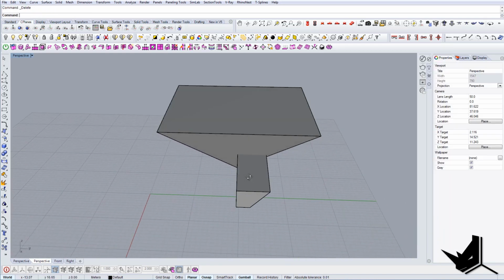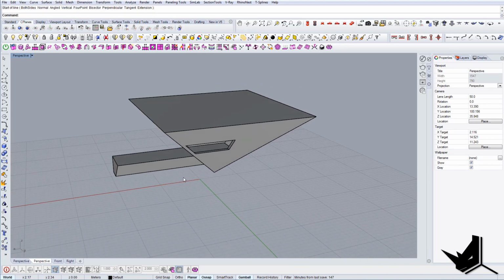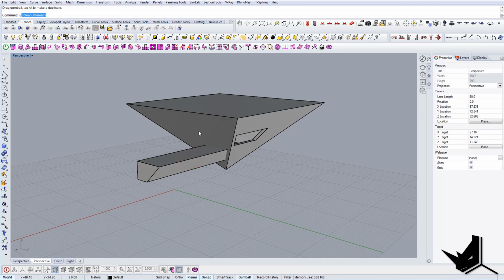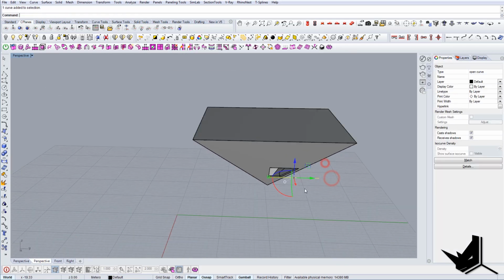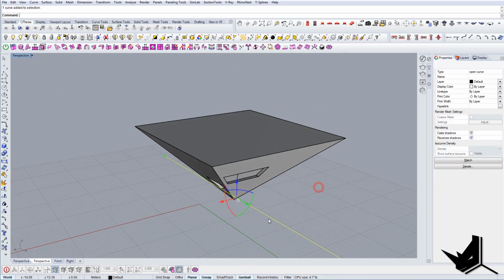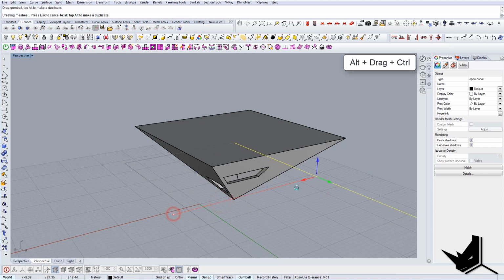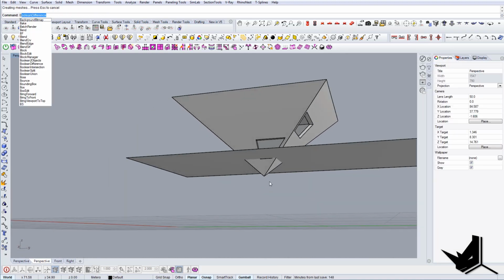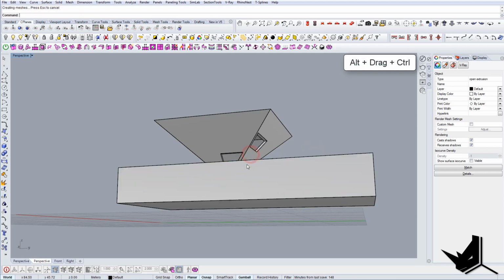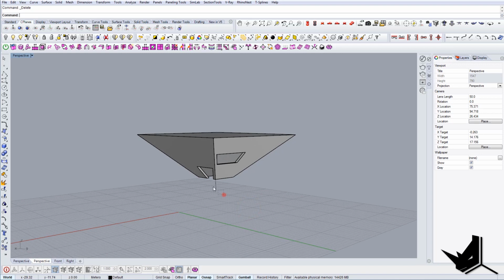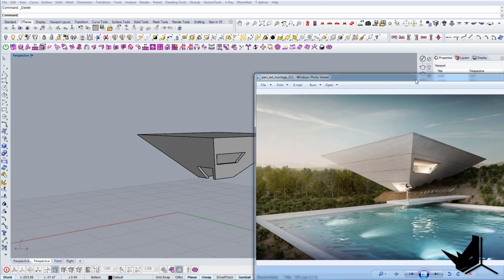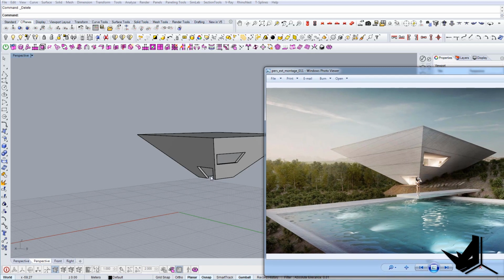In addition to that, what we can do is, we can create Boolean difference. And now let's basically cut off this area on the bottom. This will be the position of our floor. So I'm gonna do Boolean. Let's create this as a solid, and then let's do Boolean difference, and this is what we get at the end. So basically this is similar to what we see here. I can see now here that the actual entrance is a little bit smaller, but let's leave it like this